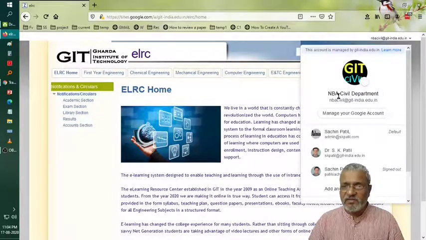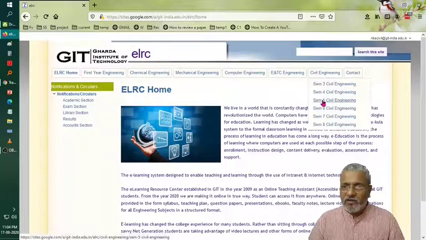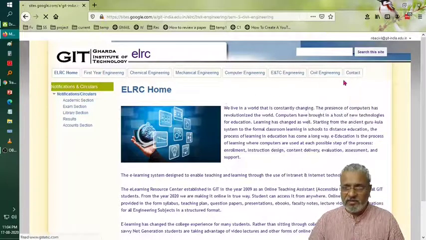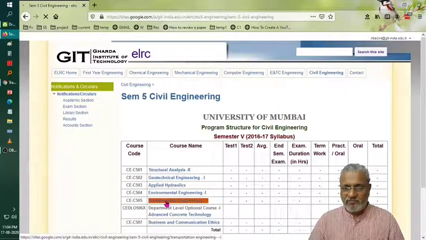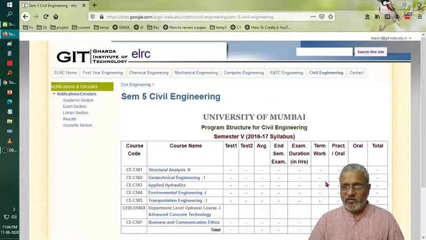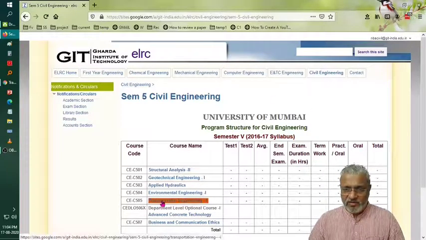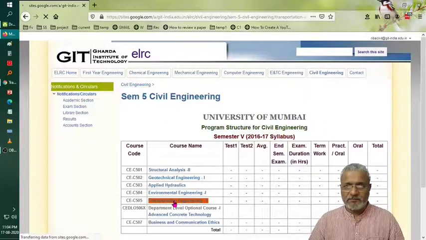Right now this is the system. So this GID is going to represent some student ID, and I will be passing on the link of this ELRC civil page, third year semester 5 subject link, so that he will directly open this page. He can go to my subject.